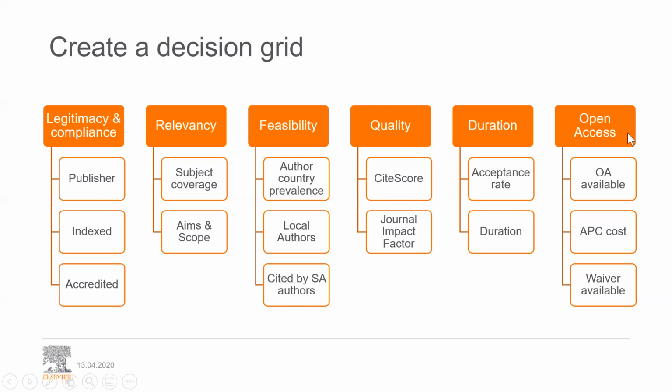And then also some of the open access options. So very often now researchers are compelled, or they are required, to publish open access. There's a fee that is charged for open access. It's called the article processing cost. So make sure whether open access is available for that journal, and also what is the fee that will be